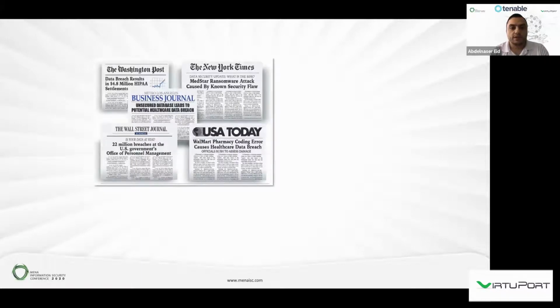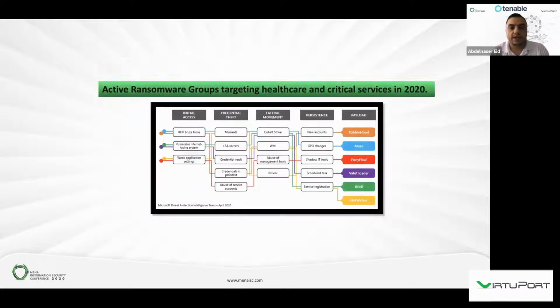Almost on a daily basis, we hear and see a lot of news about cybersecurity attacks and breaches. These attacks do not exclude any sector or any organization from being a potential target. For example, we hear a lot about attacks targeting the healthcare sector. Definitely, any attacker will start to look for any weak or vulnerable asset or entry point for his target.